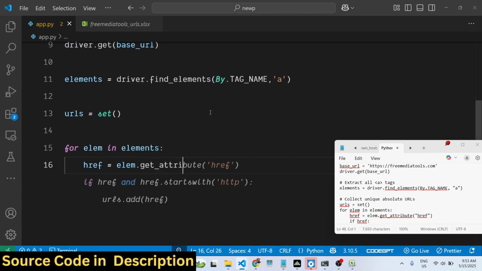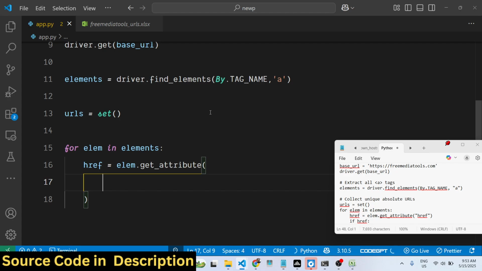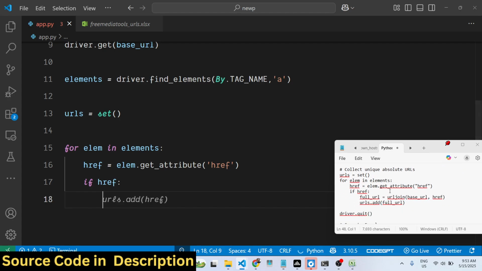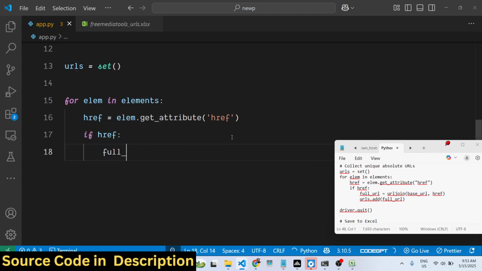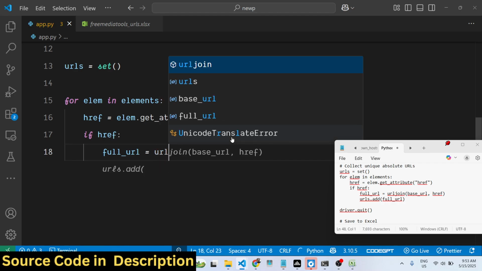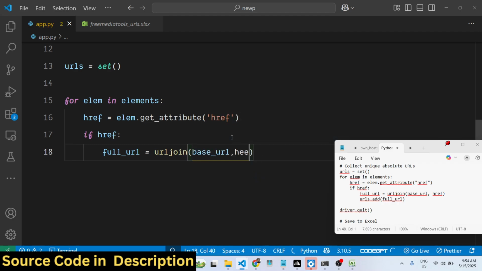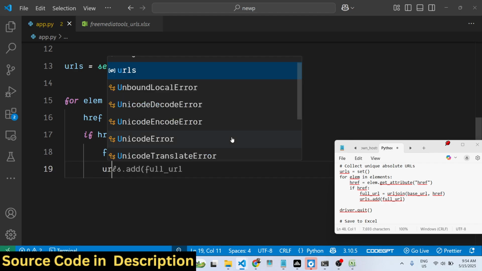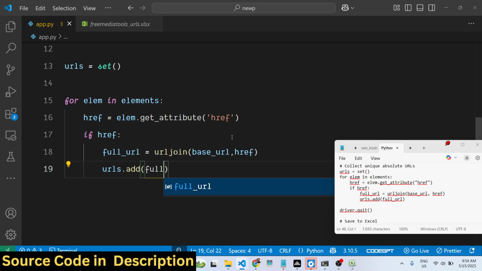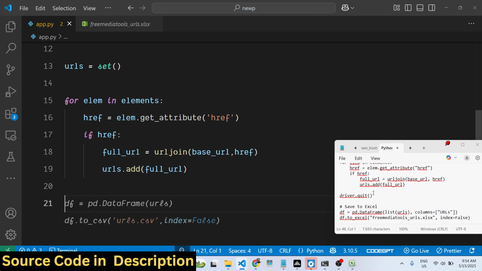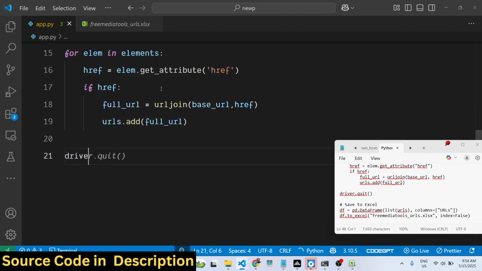It contains this function get_attribute. You will only be getting this href attribute, and if the href is found, then we just need to store it as a full URL. So use the urljoin function with base URL and then href, and then we will add this URL to this URLs set. That's all. And then we simply quit the Selenium application by calling driver.quit, and then we save